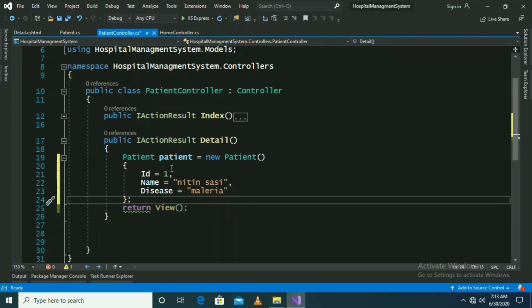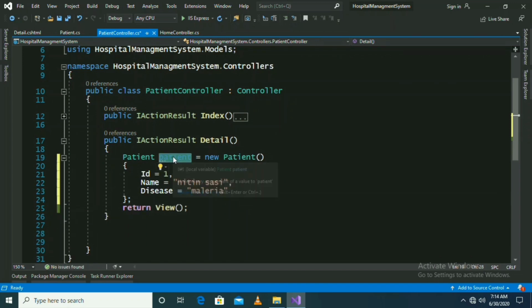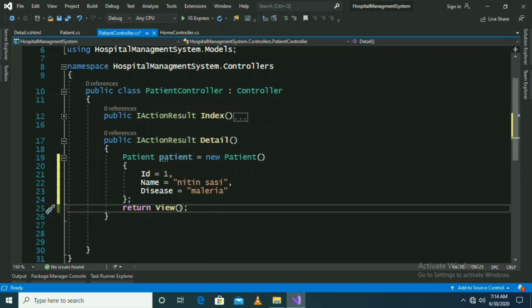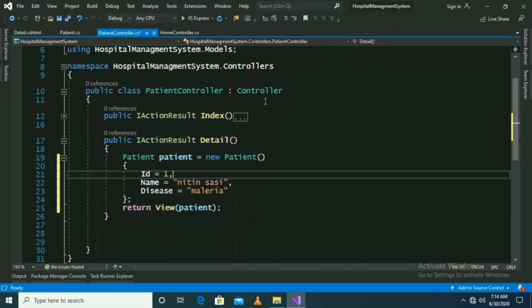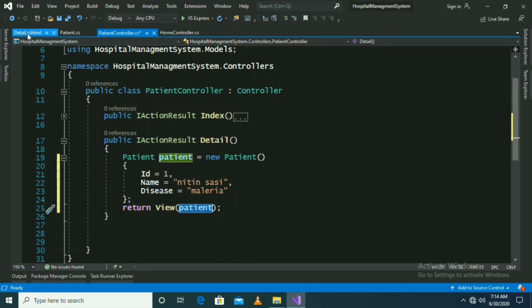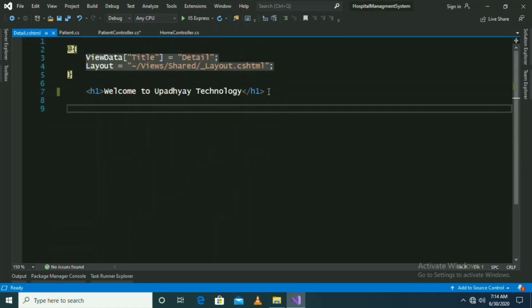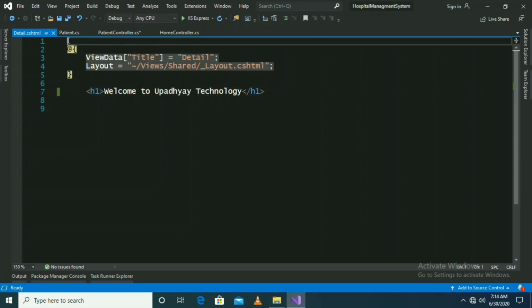And in return View, we have to pass the patient object as a parameter in the view. And then when we execute, this patient object containing all the information about the patient moves from the controller's method to the view.